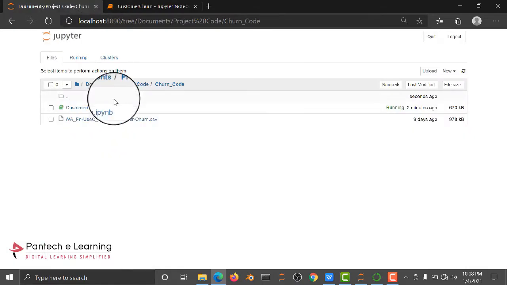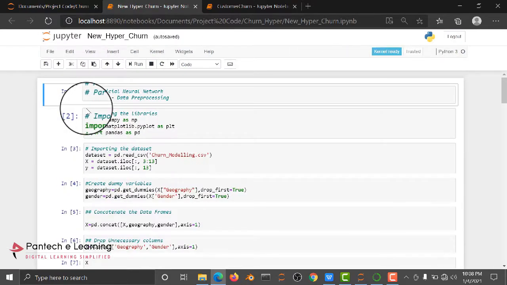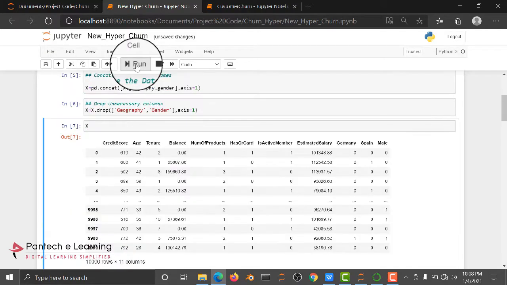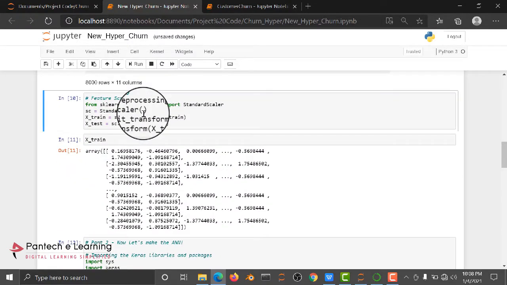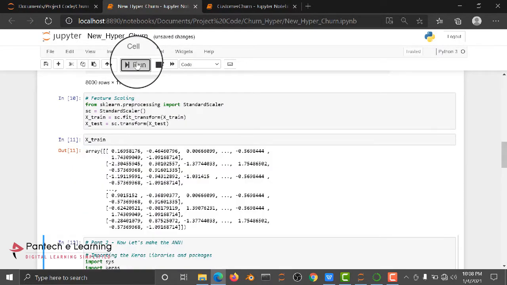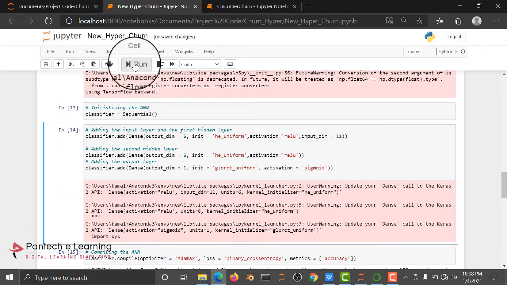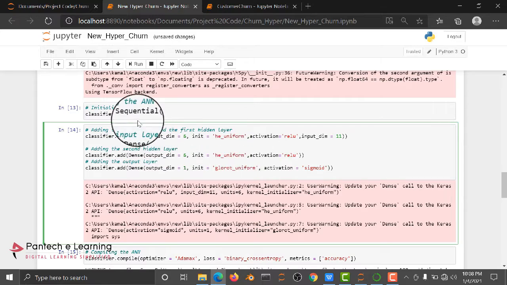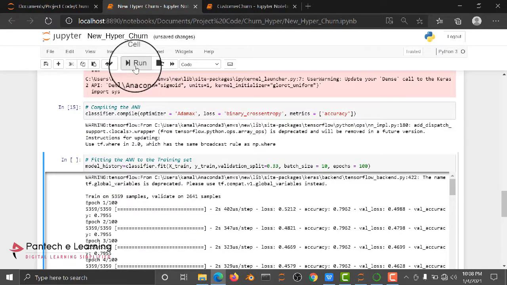But in the other code we are doing hyperparameter tuning. Hyperparameter tuning is one of the methods we can use to find exactly what we need to pass within the parameters. Here you can see the same thing, but after applying the standard scaler I am using Keras, a simple artificial neural network algorithm, initializing some weights and activation functions.